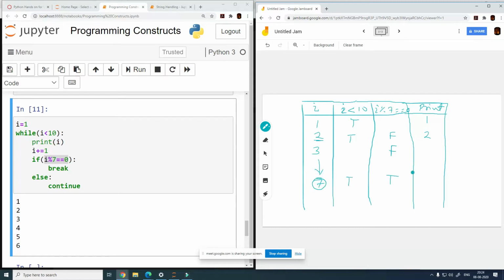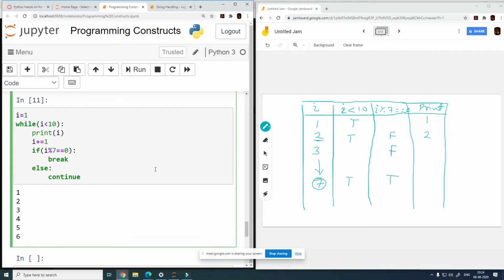When this happens, the control will first move to this statement, break. And what will happen? It will exit the control out of the while loop. Even if the loop condition is still true, it will force break the control out of this while loop. And what do you think the last value which is going to get printed here? 6.